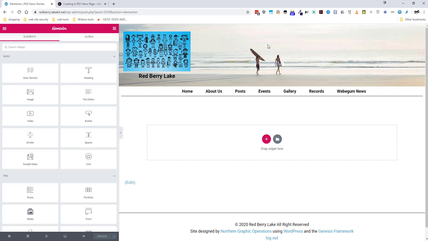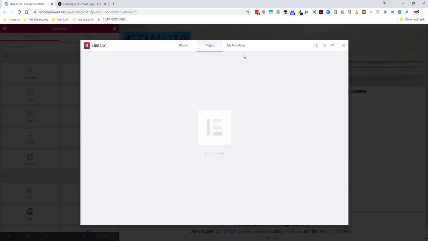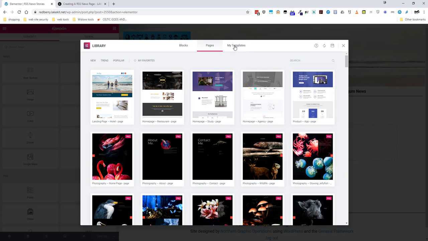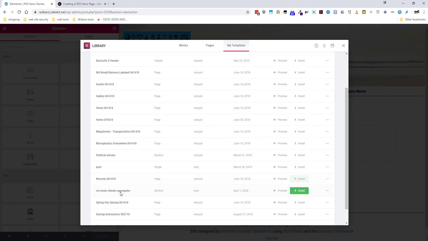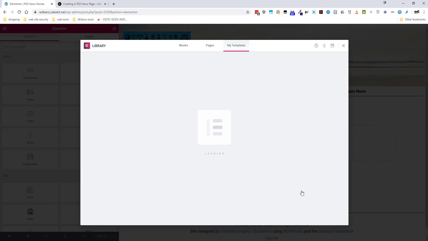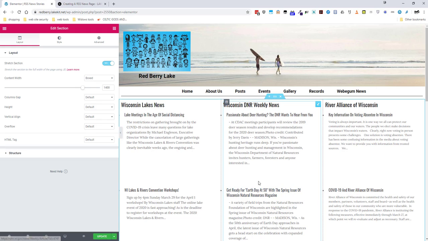And that'll bring me to the edit with Elementor page. Now here I want to click on the gray folder. That'll open up the window that will give me access to my templates. And then I want to search in here until I find my RSS News Aggregator template. And I want to insert that. And voila, we now have an aggregator that is aggregating news sources from three